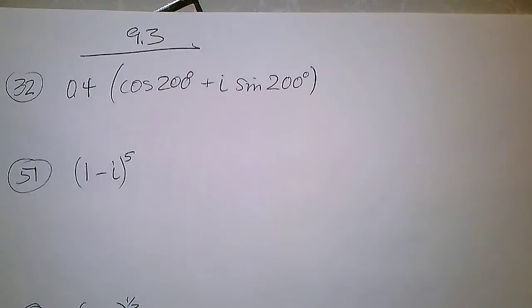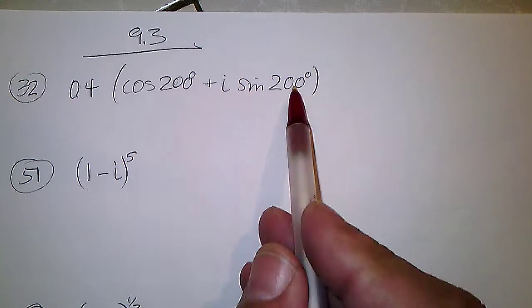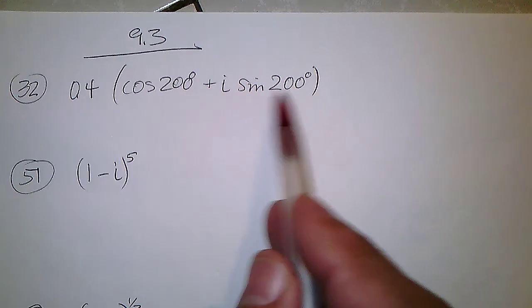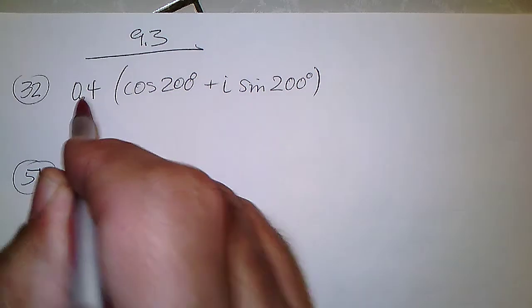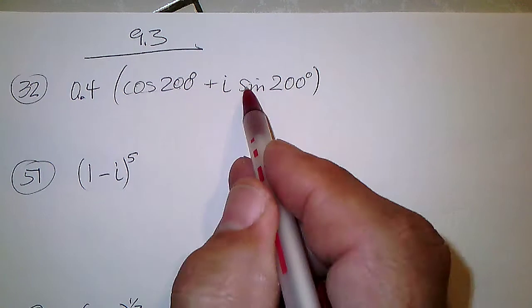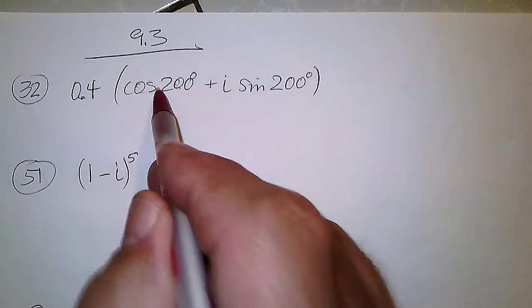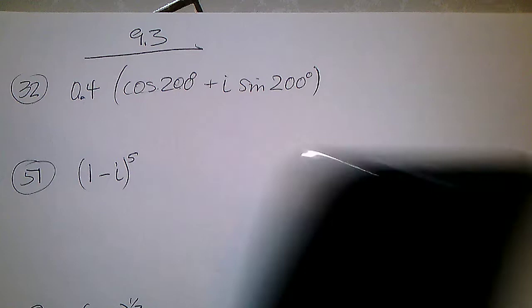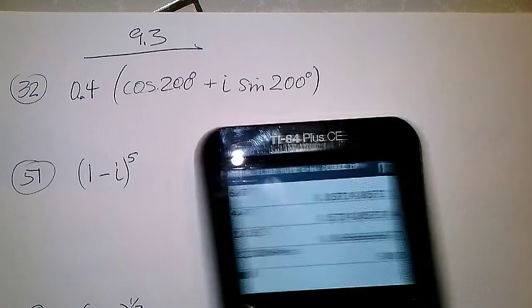5.3. We got 3 problems that were asked for here. It said change this to rectangular. This is the radius, this is the cosine, this is the sine. So radius times the cosine is the x. So I just pull out my calculator and do